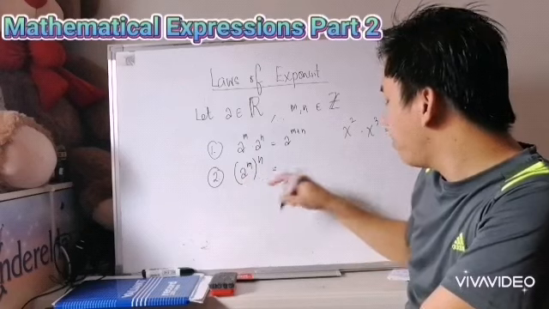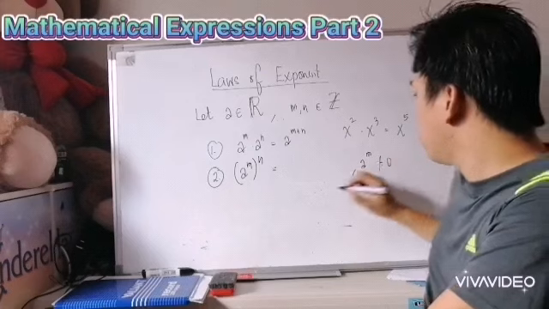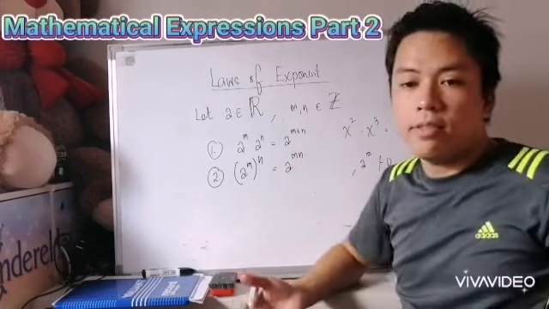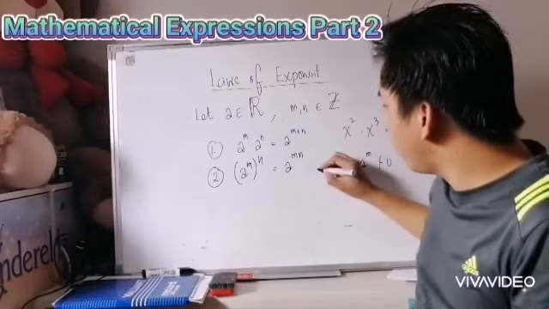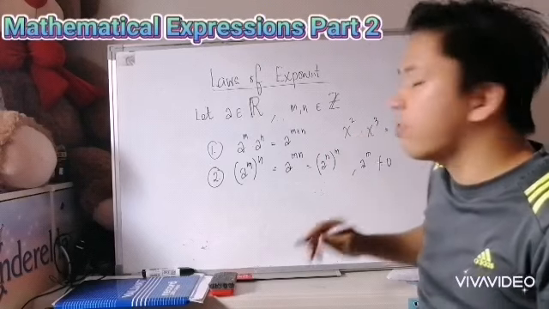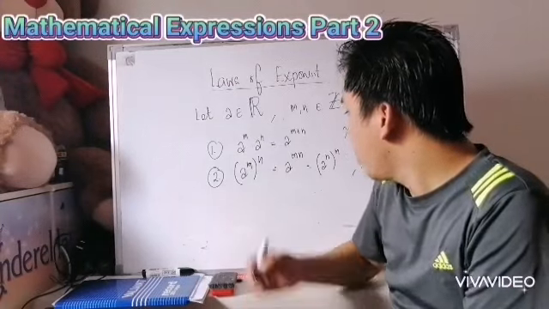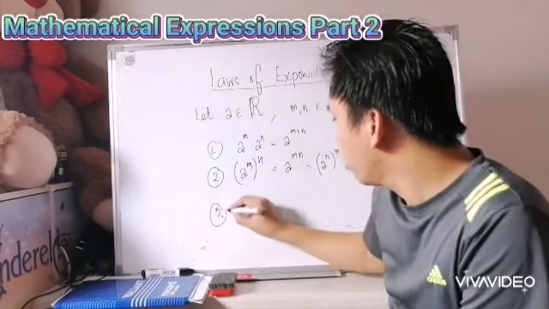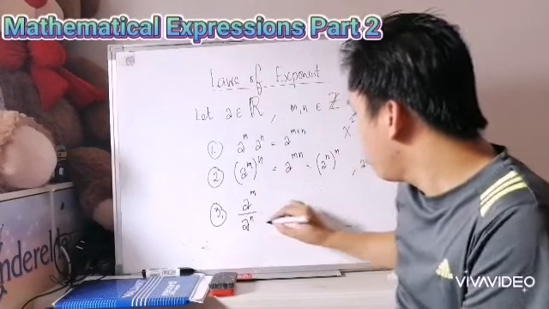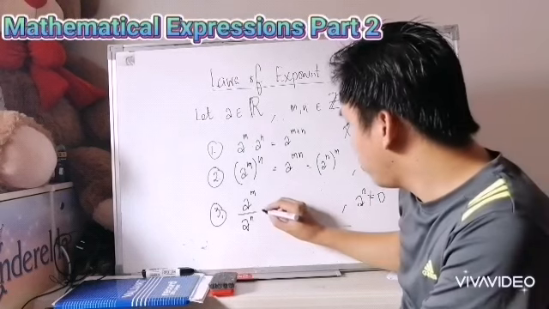Okay, for number two, this will actually hold provided that your a to the m is not 0. So this is just the same as a to the n raised to m. That's it. Okay, number three, provided that our a to the n is not 0, then we have